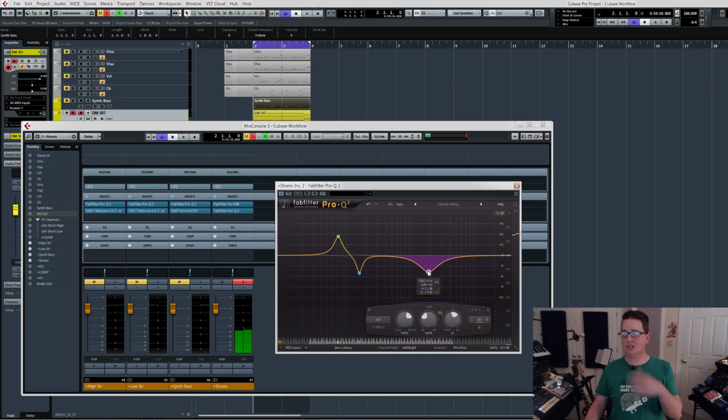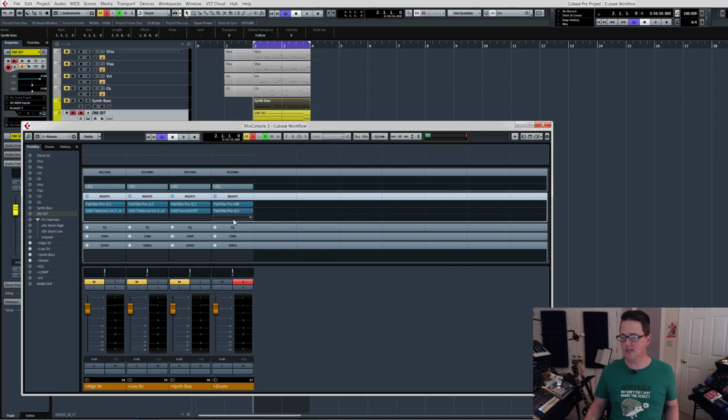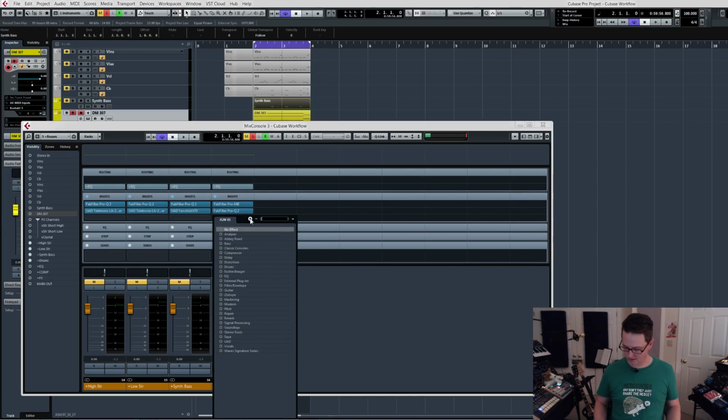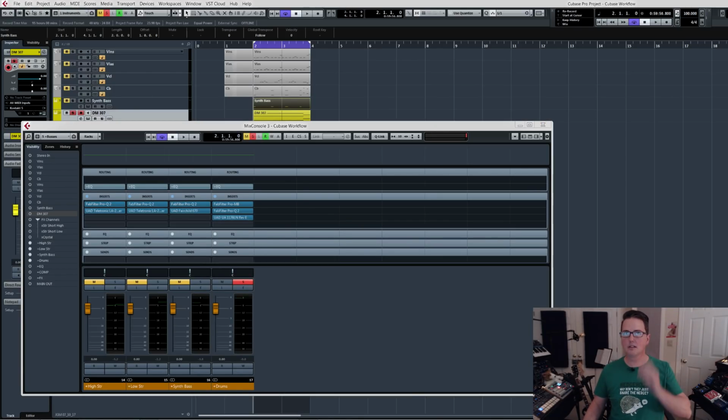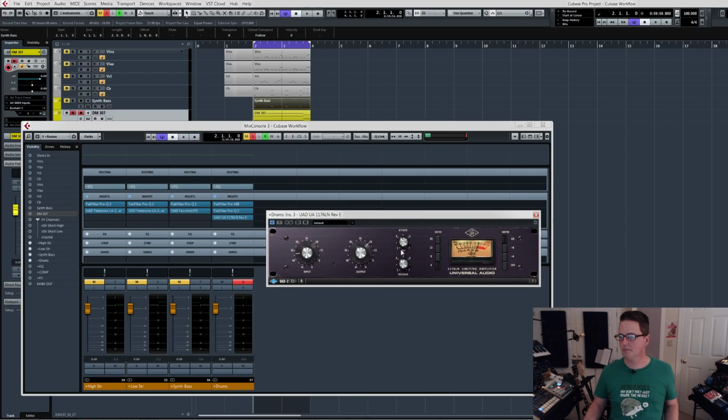Ideally, I would be doing this. There was a kick, a snare, and hi-hats, like 3 things that I triggered all at the same time. Those would actually be on different instances, and I'd be doing this for each one. But this is just a super quick way to get something jiving. And then let's put on an 1176 and get some cool pumping kinds of